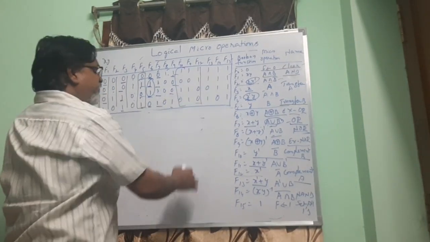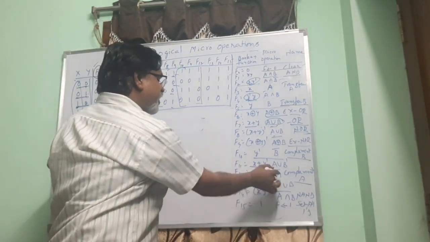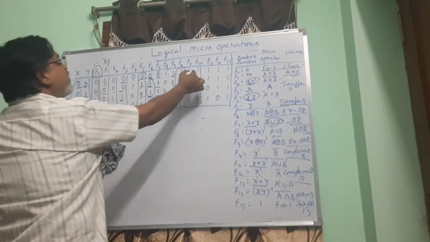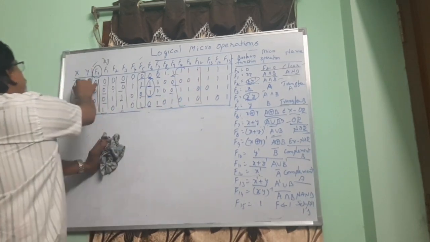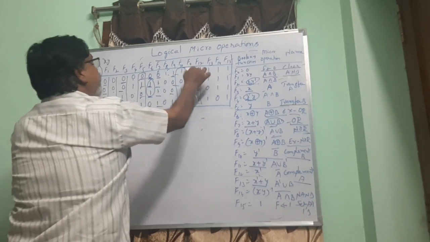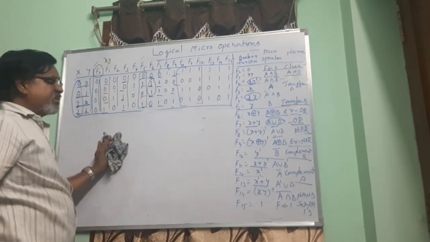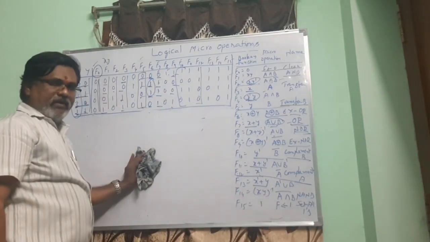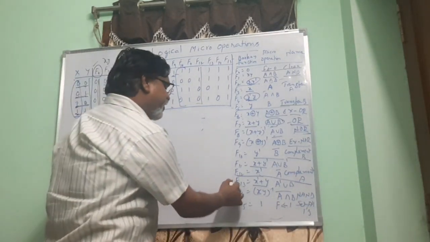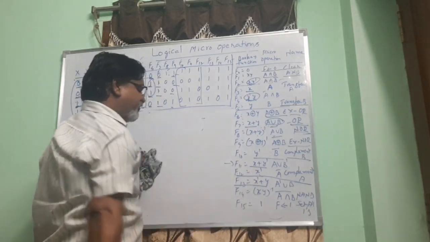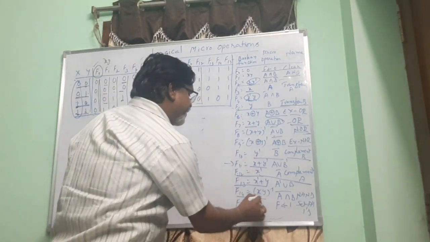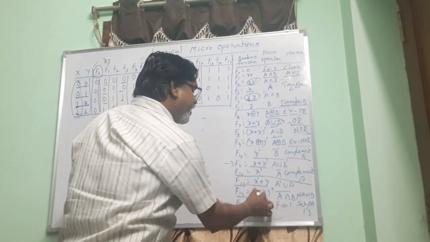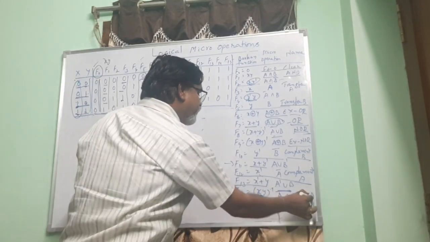Now coming to F12, x bar, A bar complement. See, 0 0 1 1 is given, and here it is 1 1 0 0. It is just the complement of the x operation. So F12 is meant for complementing A. Now F13 we have discussed along with F11, and F14 is x y complement. So this is the AND operation, and complementing the AND operation will give NAND.